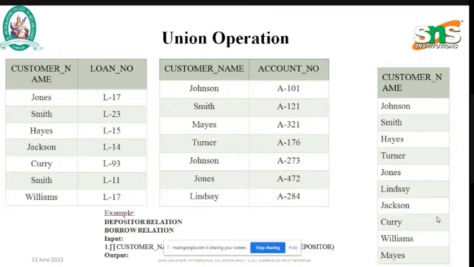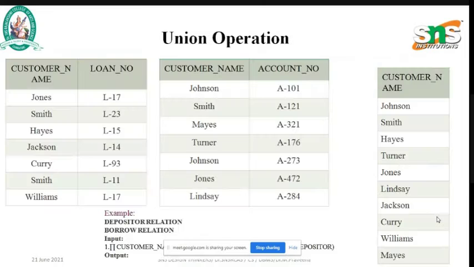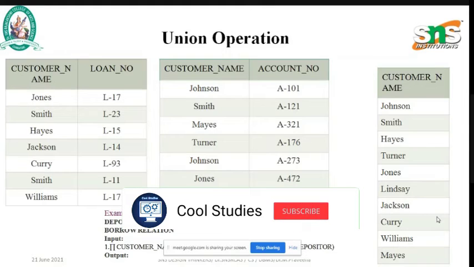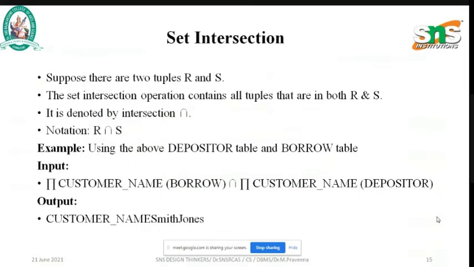Williams is also neglected. So only Smith and Jones are available in both the tables. That is the example for set intersection.